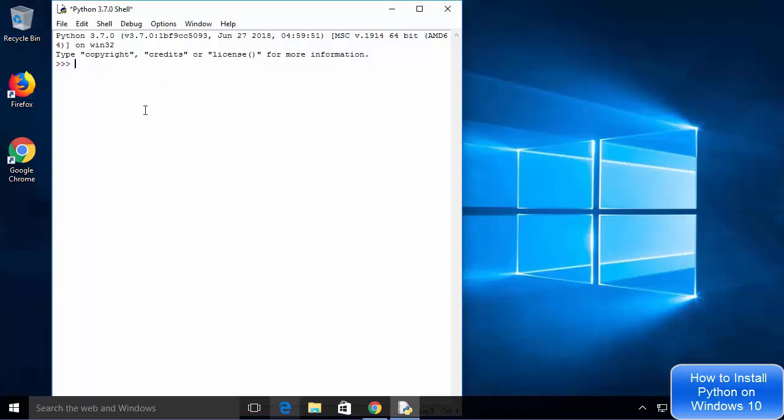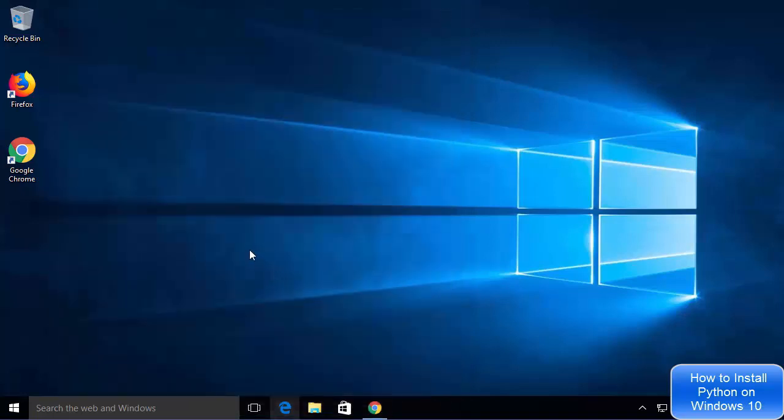And also this is an interactive shell, so you can once again write print, and inside the parenthesis you can just write, for example, once again hello world, and then press enter, and it's going to give you this kind of output here. So now Python interactive shell is working and idle IDE is also working. So I'm going to close this idle IDE,